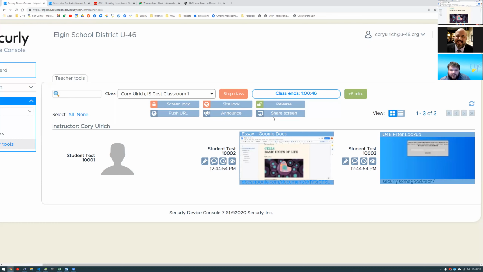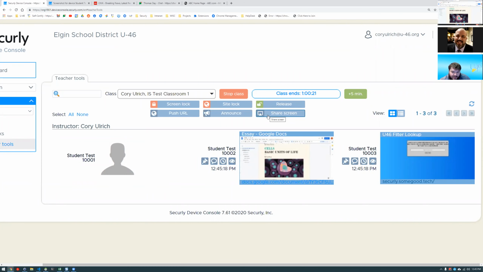And our final tool is the share screen. This can be useful when you're working one-on-one with students, especially if you're outside of a Zoom call. Let's say you finished your Zoom call for the day, but you're working one-on-one, maybe in a tutoring session with a student or trying to help them figure out how to do something on their Chromebook. If you want to demonstrate to them, unfortunately, this doesn't go both ways, but we're going to get several pop-ups